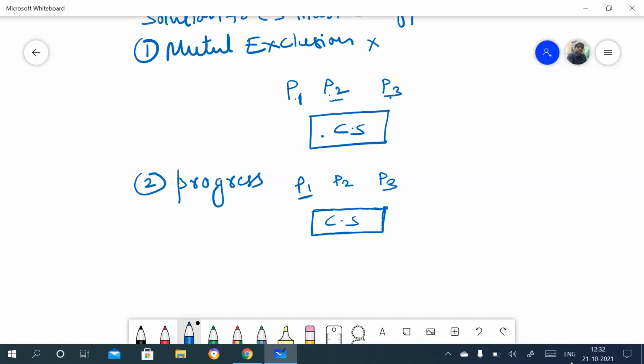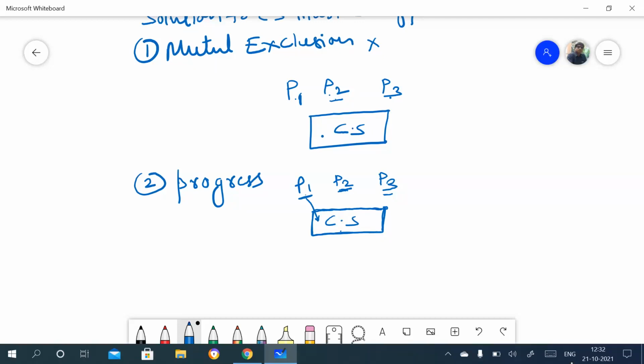So P1 directly enters into this critical section. It will not be stopped by either P2 or P3, because these two processes are not expected to enter into this critical section. Only P1 needs to execute it, so P1 must enter directly. That process will not be stopped by either P2 or P3.